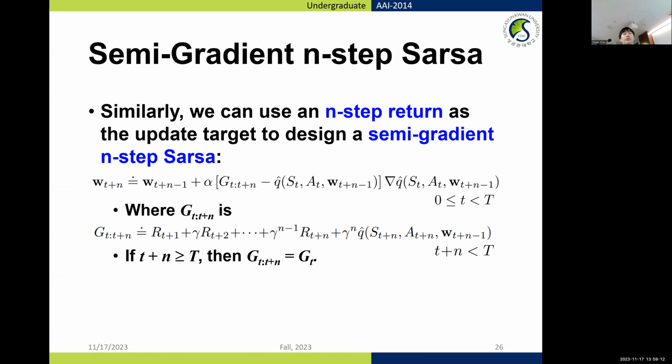We extend the previous one-step Sarsa, actually previous was a one-step Sarsa. We just extend the previous one-step Sarsa to n-step Sarsa, semi-gradient n-step Sarsa. Similarly, we can use this n-step return. Previously, we just used one-step return. So we calculate the next step to the previous step, the difference, right? Then now we use this n-step